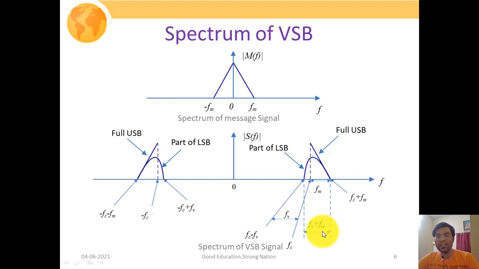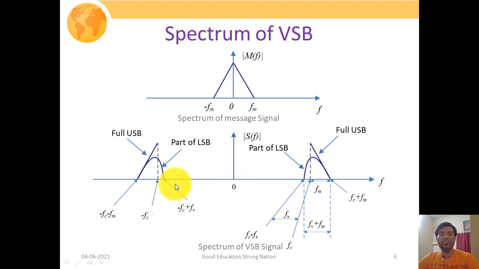So obviously, in the case of single sideband suppressed carrier systems, we will have the bandwidth requirement of FM, whereas in this particular case we will have the bandwidth requirement of FV plus FM, where FV is the vestige or the portion of the other sideband. This particular figure shows the spectrum of our vestigial sideband system. Similarly, this represents the negative frequency counterpart of this upper sideband.